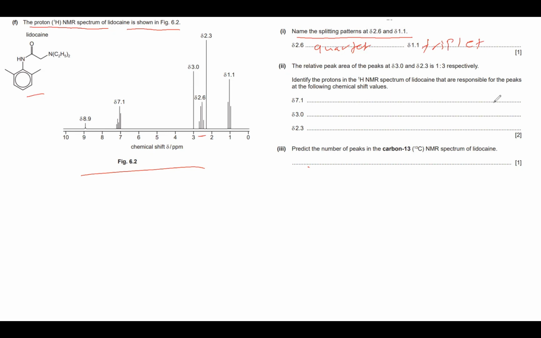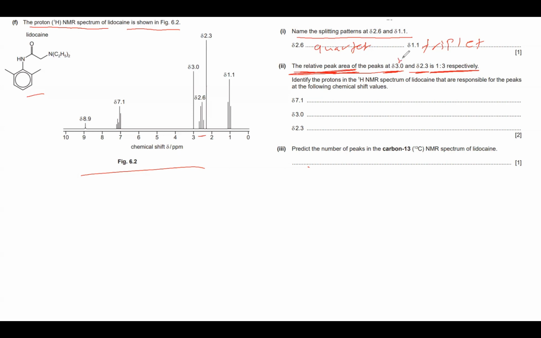Moving to the next part, the relative peak area of the peaks at 3 and 3.2 is 1 to 3, respectively. So you need to read this statement 2 or 3 times to understand it. The relative peak area tells us how many hydrogen atoms we have in a specific location. The relative peak area at peaks 3 and 3.2 is 1 to 3. So what does it mean? It means that on peak 3,